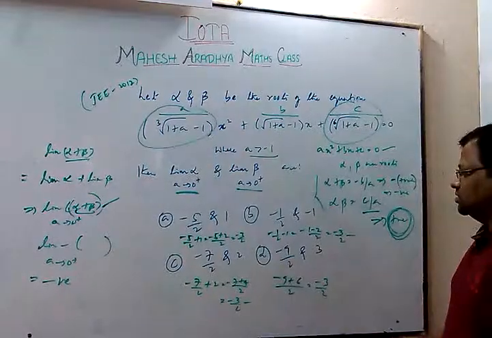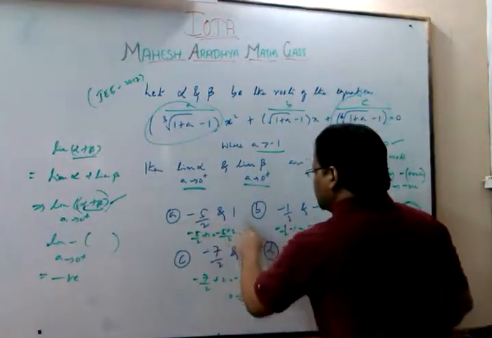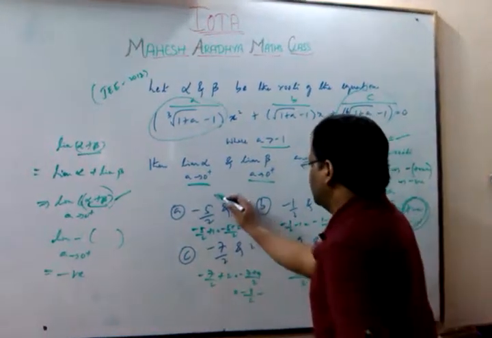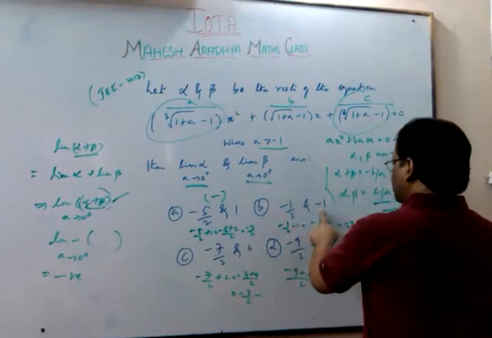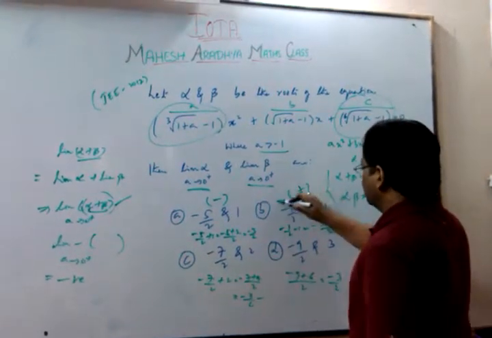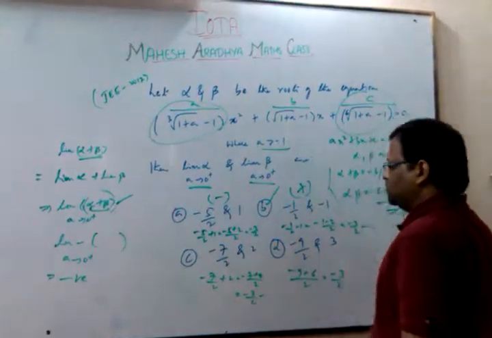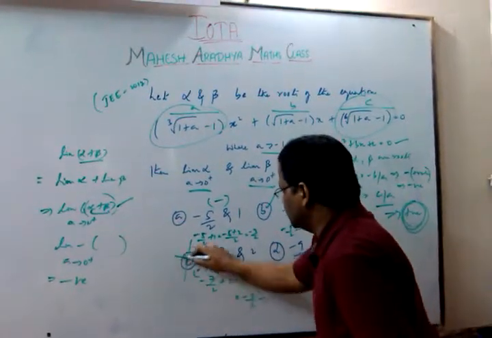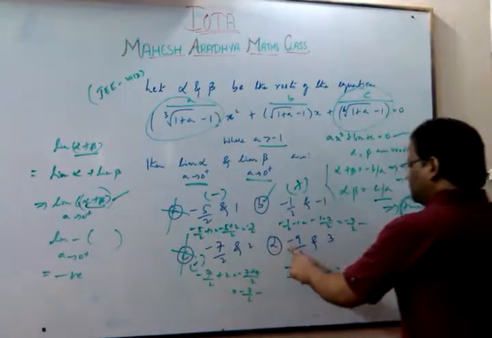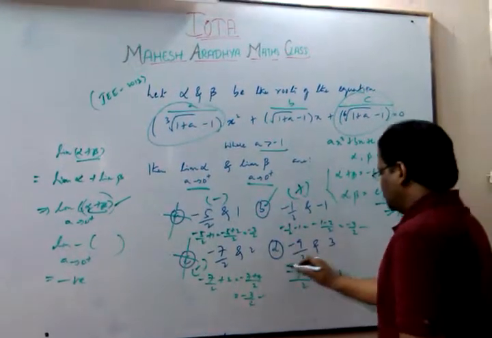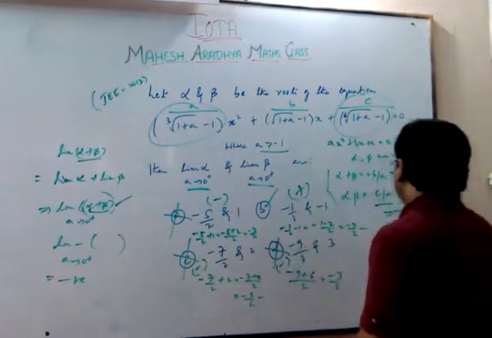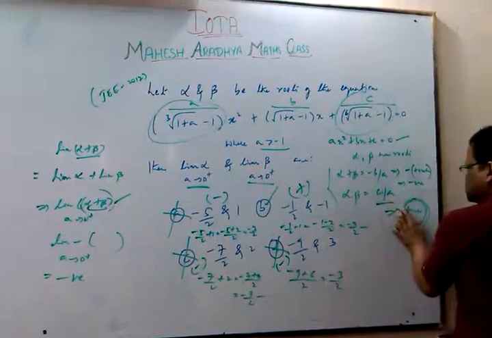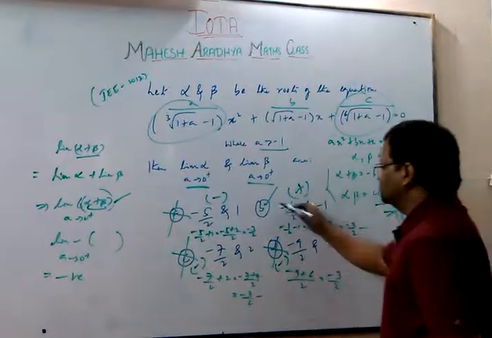So let us check the options here. Minus into 1, minus into plus is minus, minus into minus is plus. So this can be the answer. Let us keep it on hold. Minus into plus is minus, this is not the answer. This is not the answer. Minus into plus is minus, which is not the answer. We are getting the product of roots as positive. That is happening only in option B. So B is the answer.